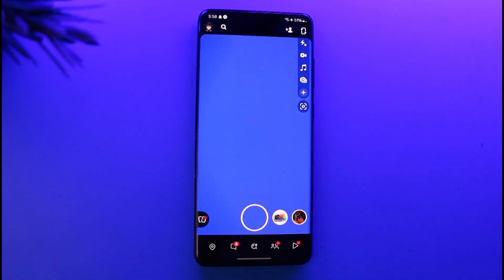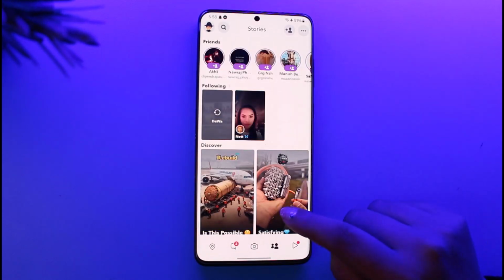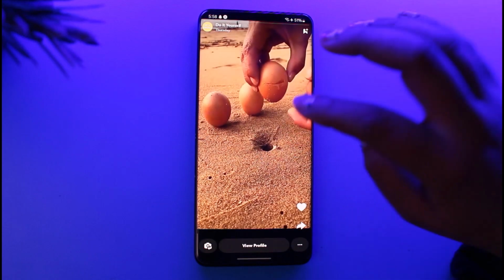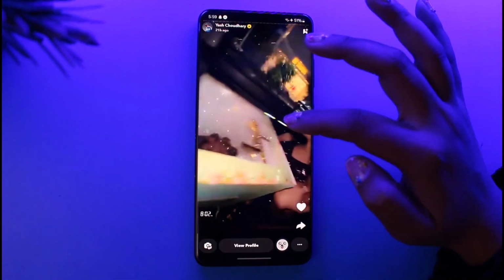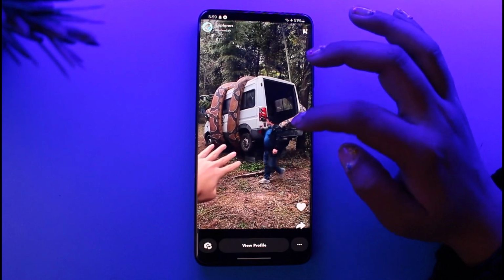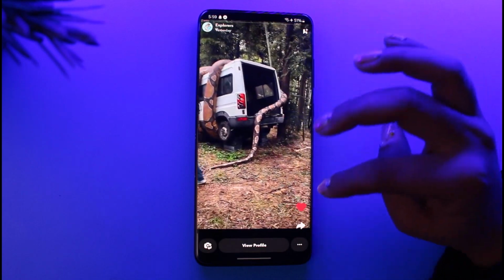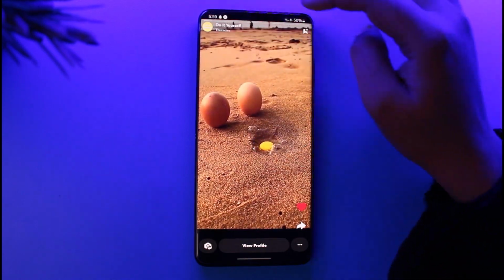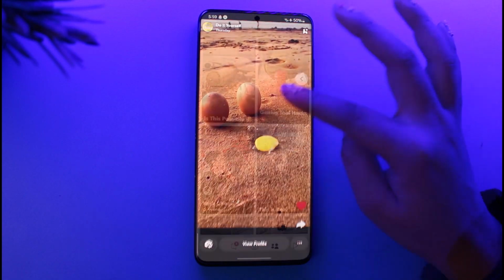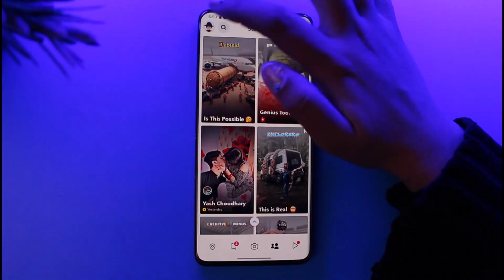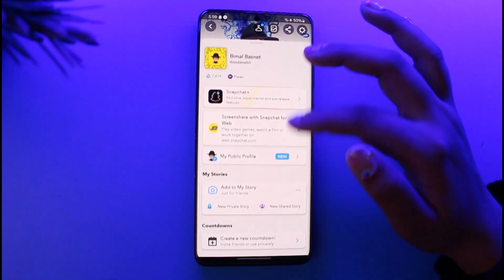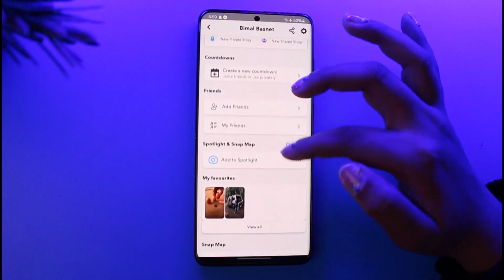For that, access your Snapchat app on your mobile phone, and this kind of interface is going to appear. Right over here, all you have to do is simply go to this section of spotlights, and now let's go ahead. We are browsing through them, right? So let's say we have personally liked this one. So now to find them, all we have to do is go back. We're going to go to our profile on the top left, and now we're going to simply swipe a bit, and there you